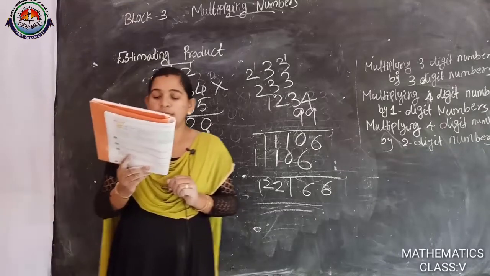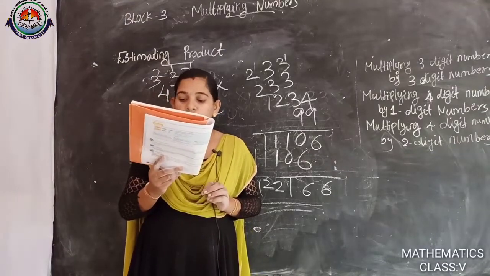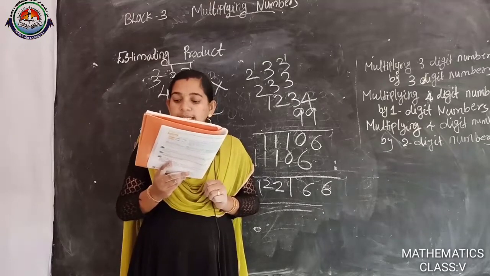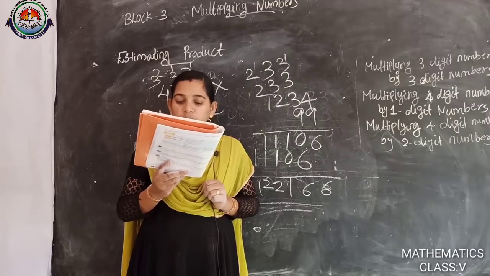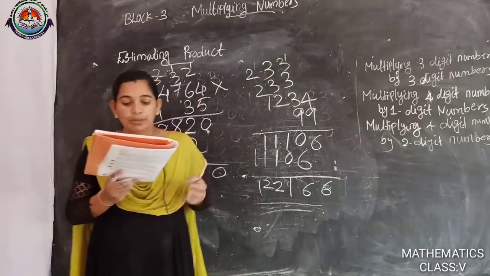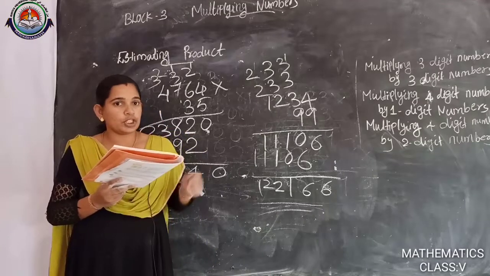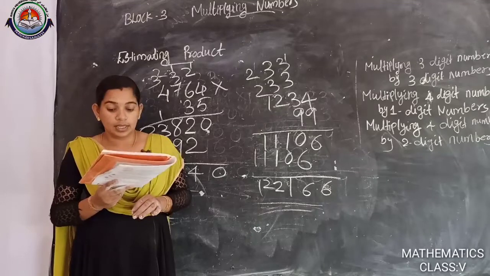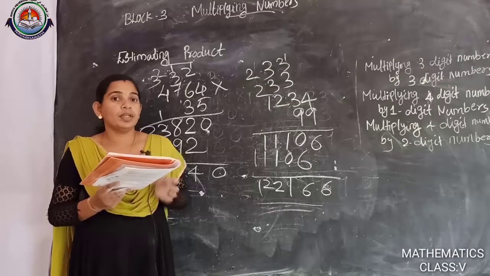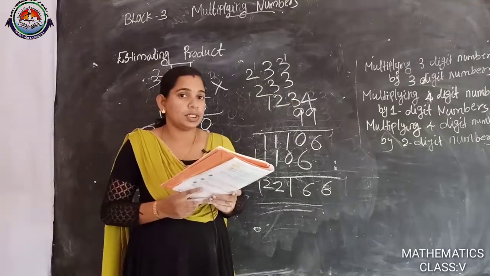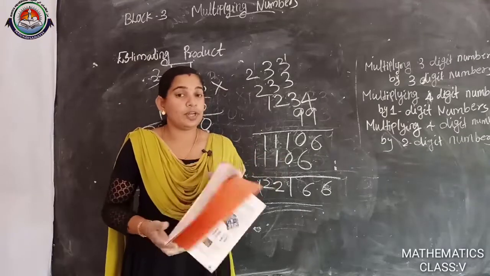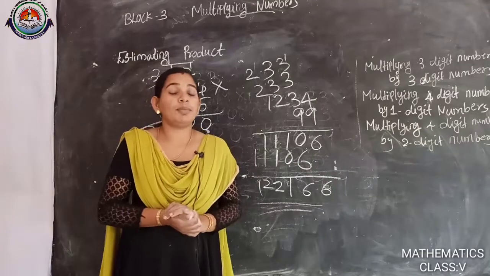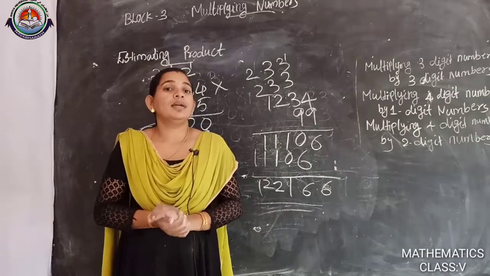Sundara's mother bought 23 toys, each for rupees 456 for her shop. What is the estimated amount that she spent on the toys? She bought 23 toys for her shop. How many rupees for each toy? 456. So you find out the estimating product. Okay. Today we will discuss estimating product. So you do from your textbook and workbook problems. Okay, thank you.